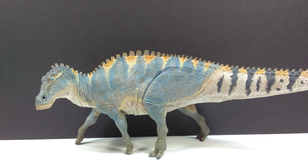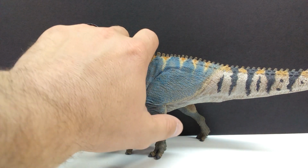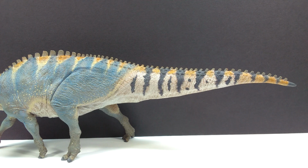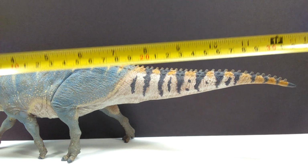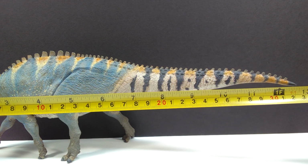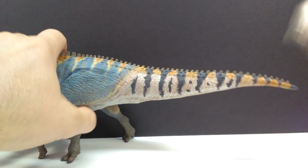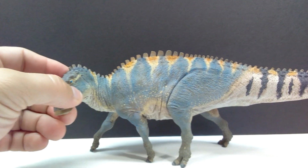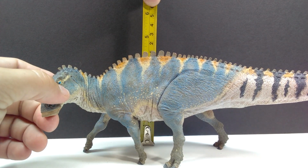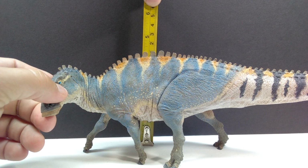This is also, I would imagine, the largest Passion Charger model that I have acquired so far. The Rex is really quite large as well, but this Edmontosaurus just is massive overall. And to show you that as far as size goes, for a length from the snout to the tail, you are looking at about 12 3/4 inches, or about 32.5 centimeters. And then for a height, where the highest area would be the back, you are looking at closing in at about 4 1/4 inches, or around 10.5 or 11